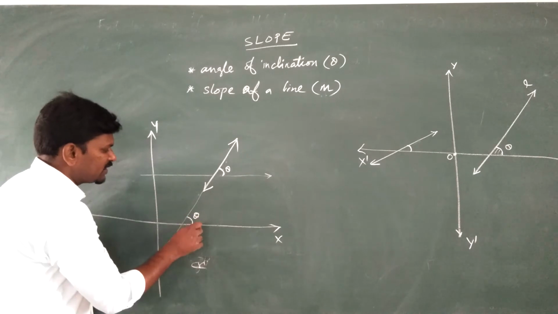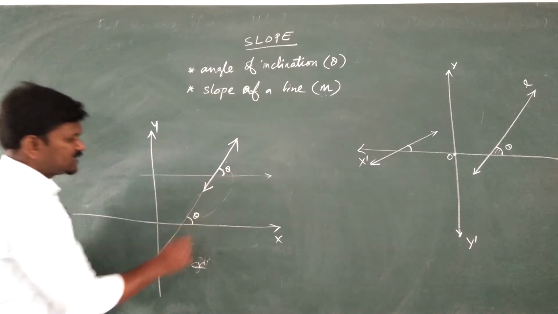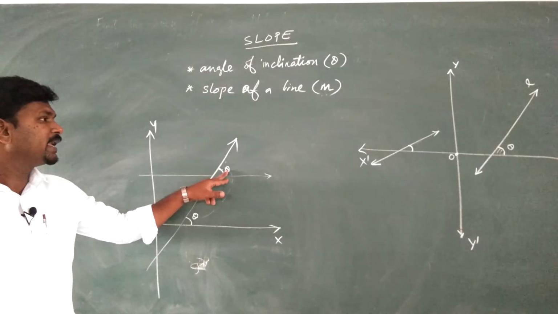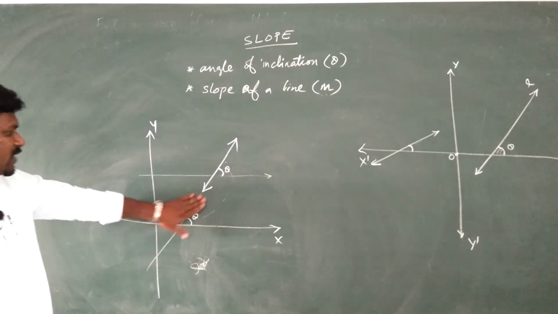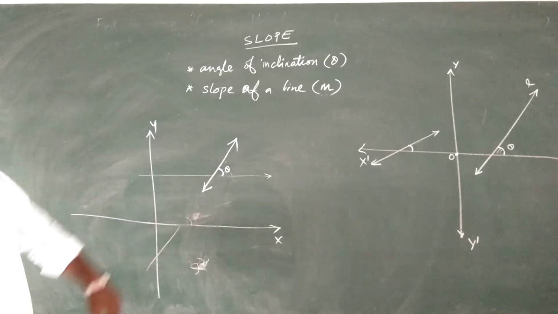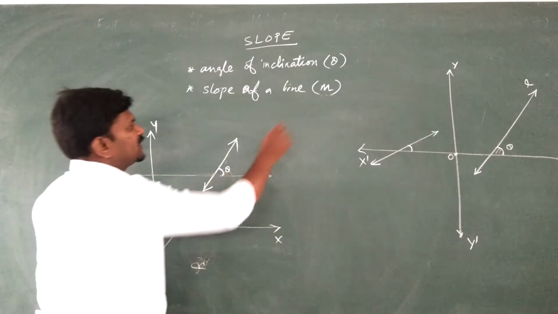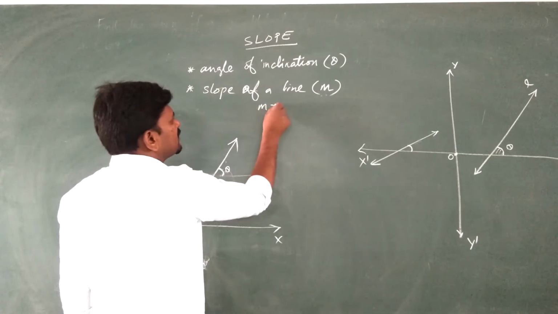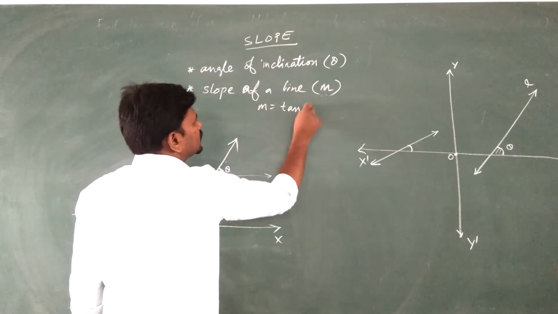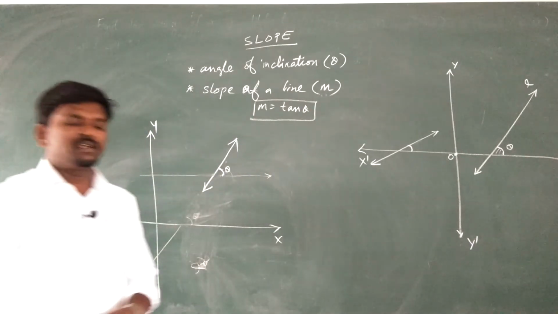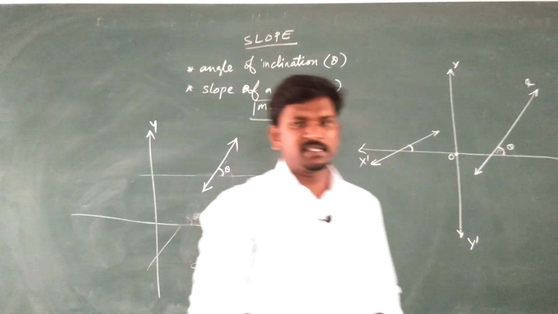So this is also something we can take as the angle of inclination. Let it be there. We will see one more thing. Generally we use m is equal to tan theta. So in the question, if they are giving the angle of inclination,